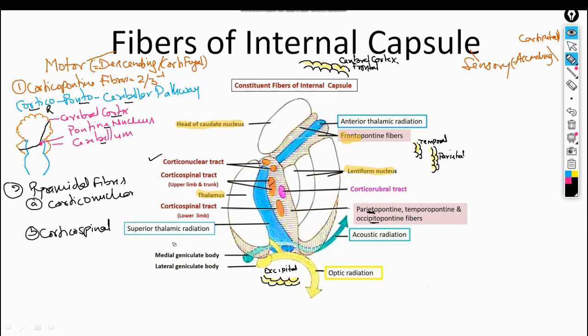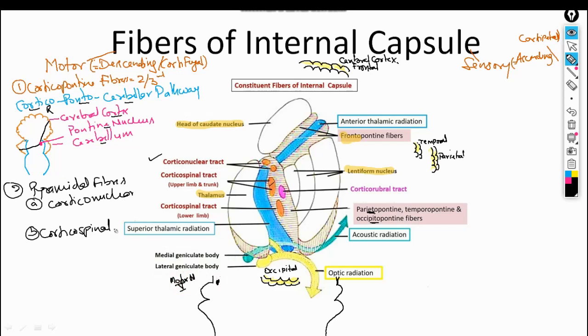To understand this corticonuclear fiber, let me draw. I should draw this midbrain, this pons, and medulla of the other side. Similarly here, midbrain, pons, and medulla of the other side. This makes a connection with the motor nuclei of the cranial nerve. So, for example, this is a motor nucleus of the trigeminal nerve. This is a motor nucleus of the trigeminal. Clear?